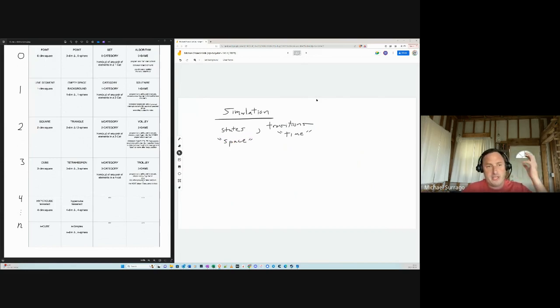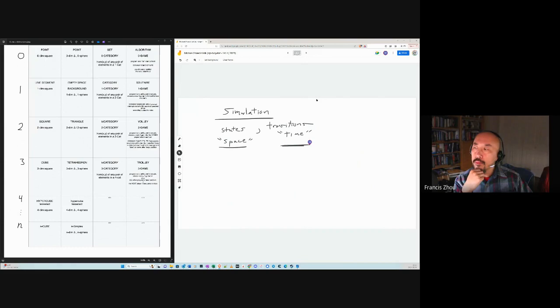When we describe objects or locations in space, we're really saying that there are states, like Christmas ornaments hanging in space, X, Y, and Z Cartesian coordinates. Every point has a coordinate hanging there, telling you what it is. So space is to state as transitions are to time. Now, this is important